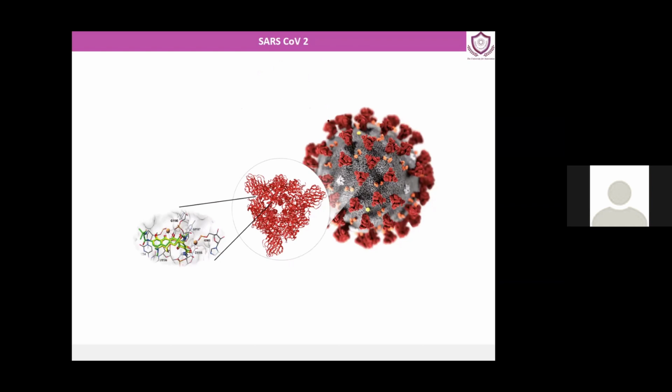But coronavirus in an animated look is something like this. If you focus on the small, red, tiny projections, they are actually spike proteins, which are on the surface of coronavirus, and they interact with the human ACE2 receptor, and this is how corona makes an entry to the human cell. But other than this spike protein, there are a lot of other proteins which also play a vital role in coronavirus infection of human cells.